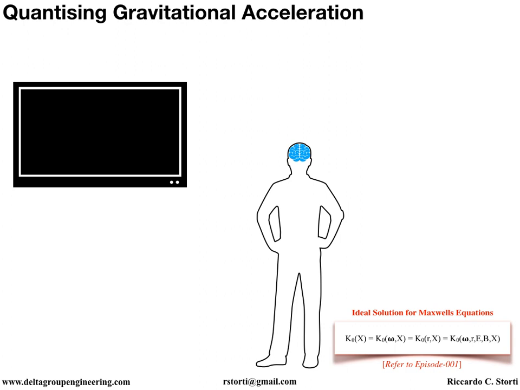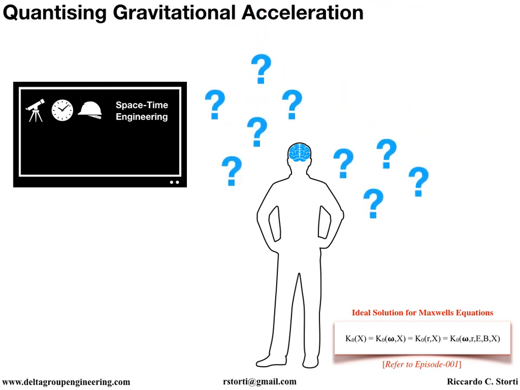It is well known and understood that depositing sufficient energy of any form into a small space will measurably curve spacetime. We may classify this as the first step towards spacetime engineering. However, the problem we now have is that our episode 1 solution produces a wave, but we need a constant. We do not experience gravitational acceleration as an oscillating phenomena. So, how can we transform a time-varying solution into a constant?